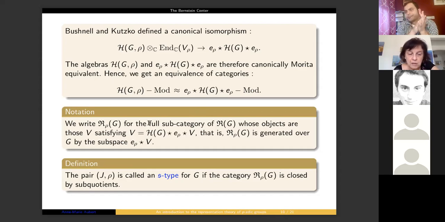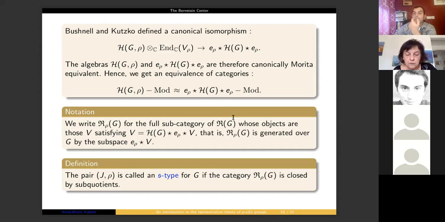We denote by R sub rho the full subcategory of R(G) whose objects are those representations with space V satisfying that V is generated by the subspace e rho star V. In other words, it is the full subcategory generated over G by the subspace e rho star V. So now we have a full subcategory of R(G), and by Bernstein we have also seen before that we have a decomposition of R(G). So the goal will be to relate these two